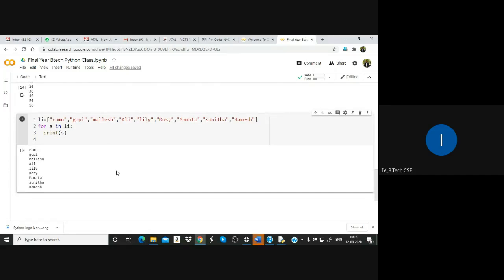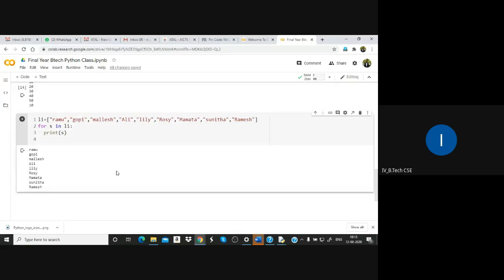Next Ramu, Gopi, Mallesh, Ali, Lily, Rosie, Mamta, Sunita, Ramesh. We got one by one like this. So strings also you can put in a list and you can traverse the list like this.